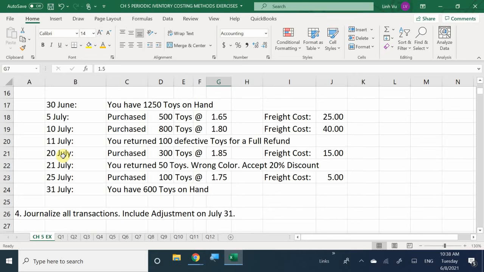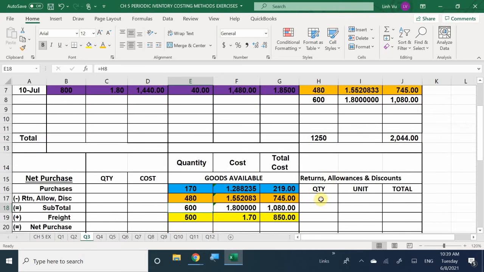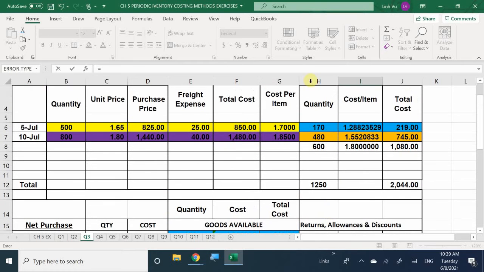You returned 100 defective items for a full refund. For a full refund. Okay. So we returned 100 items. At what unit price am I returning these items at? Is it the 185? No, 180. The one that we just bought, because we're assuming that on July 5th, when we received our